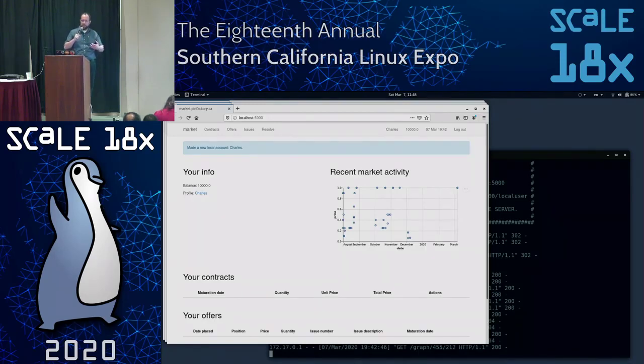As a user, I buy a futures contract on that issue that will pay me in the event that bug goes unfixed, and pay the other side of the contract in the event that it gets fixed by a certain date. Developer comes along and sees that offer out there in the market and says, hey, I know how to make this work. I'll add the emoji support.